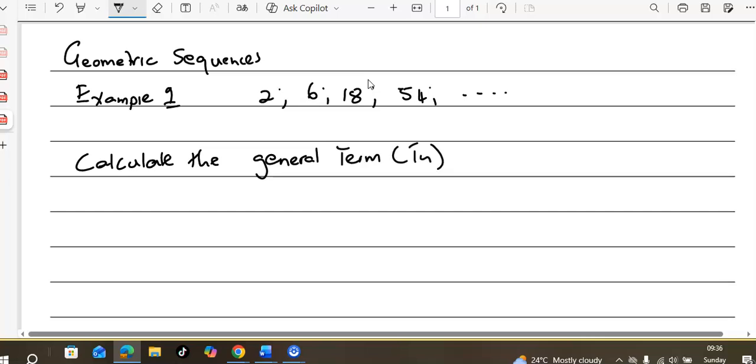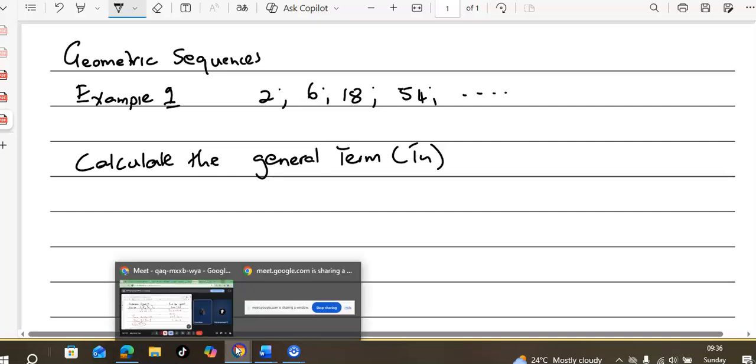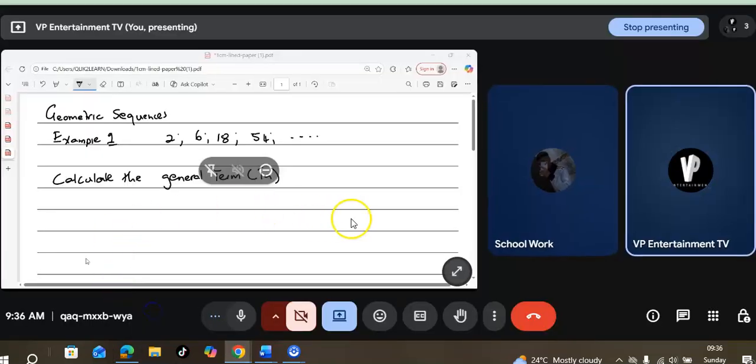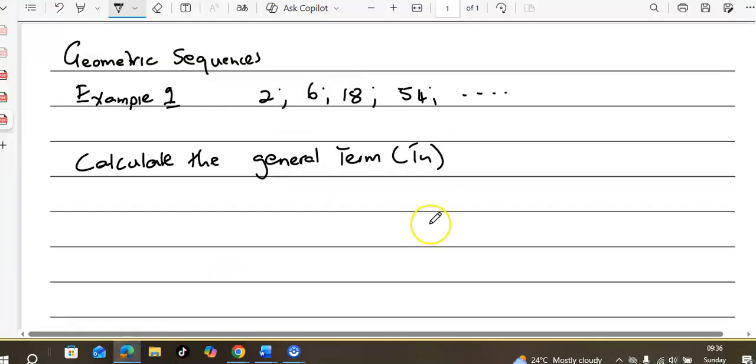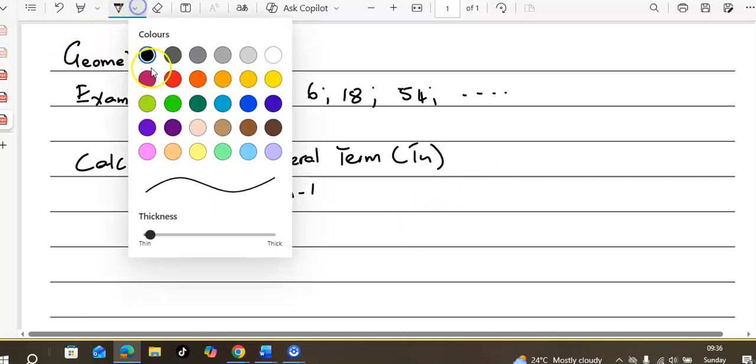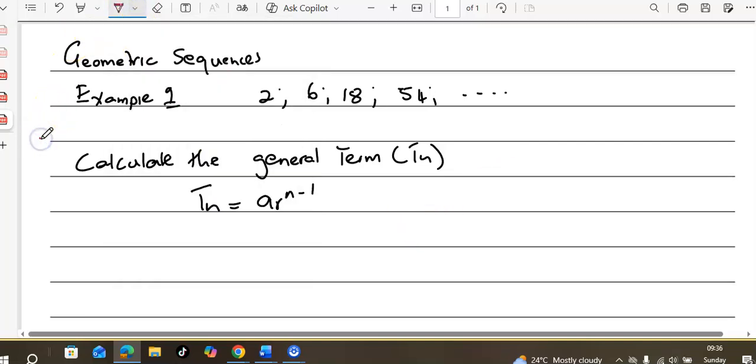Remember we said that the general term is Tn. Do you still remember the formula? Not quite. Okay, I'm just going to write it down for you. The formula for the general term of a geometric sequence is Tn is equal to A R to the power n minus 1. That's the formula. All you have to do is remember that this is your value of A, and to find the value of R,